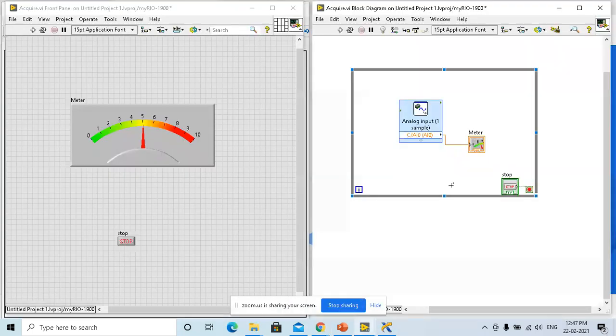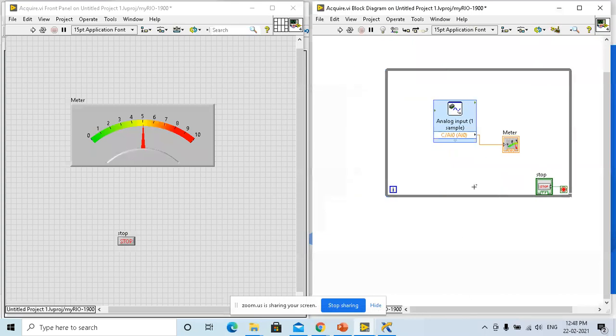So let it create, but that is in terms of setup.